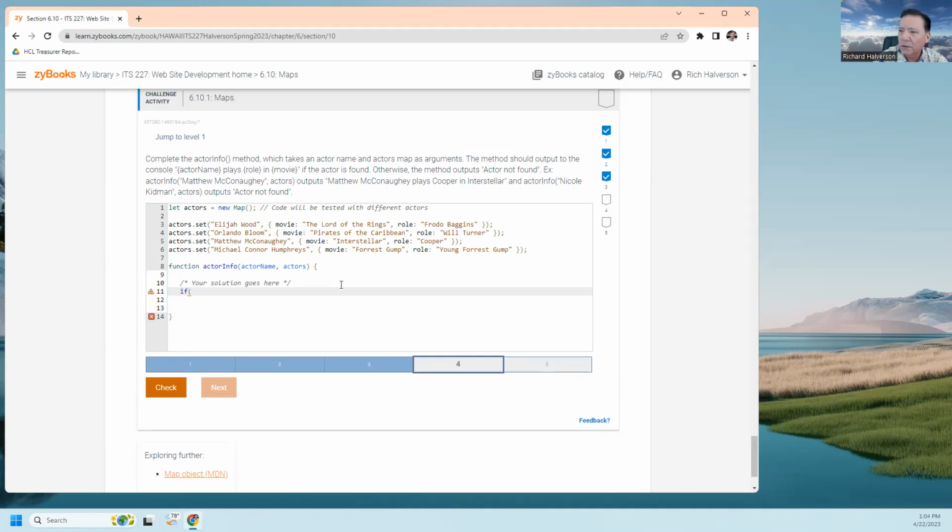All right, I'm gonna see if this works. It's different from what the solution says, so I'm gonna try something else. I'm gonna say if actor name and actors, then do something. Otherwise, I want to